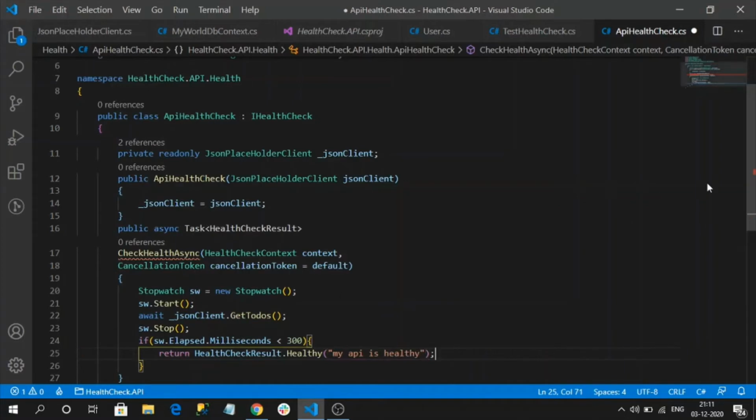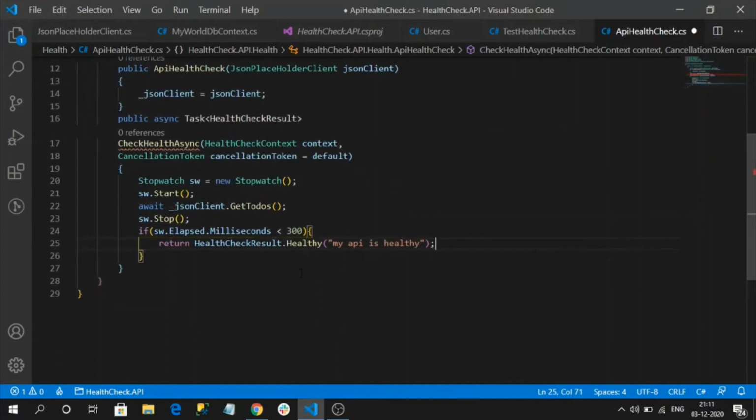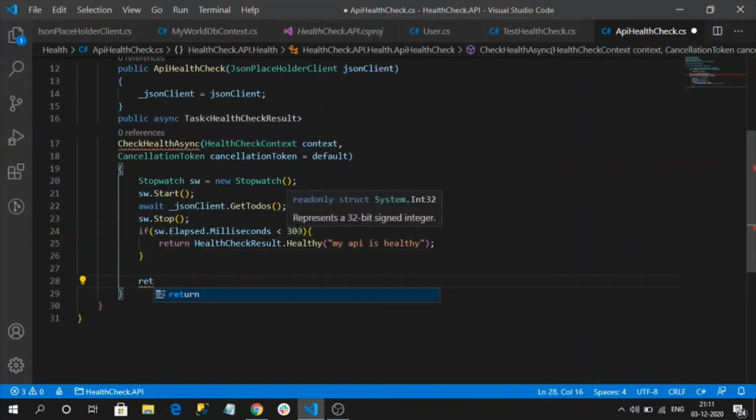If at all it exceeds 300 milliseconds, then it's going to return unhealthy. It is not mandatory to use 300 based on your applications. Whatever time you feel is better, you can apply it as the max range time for healthy. For the demo purpose, I am considering 300 milliseconds.